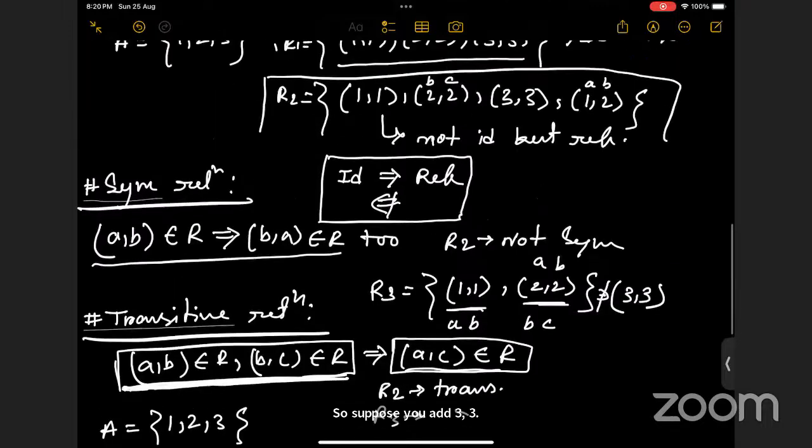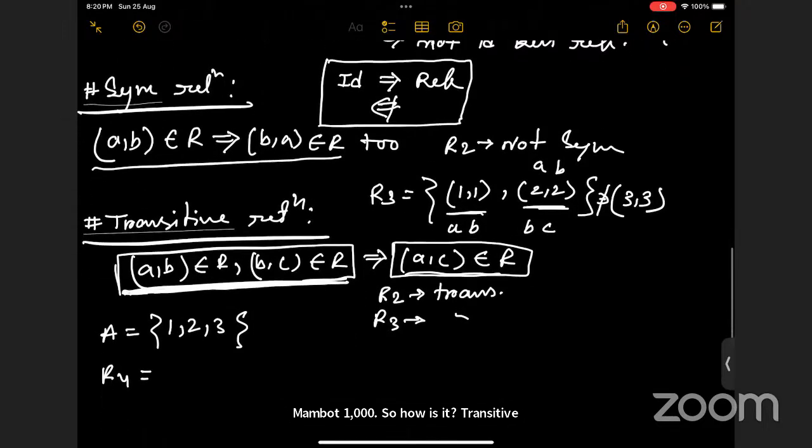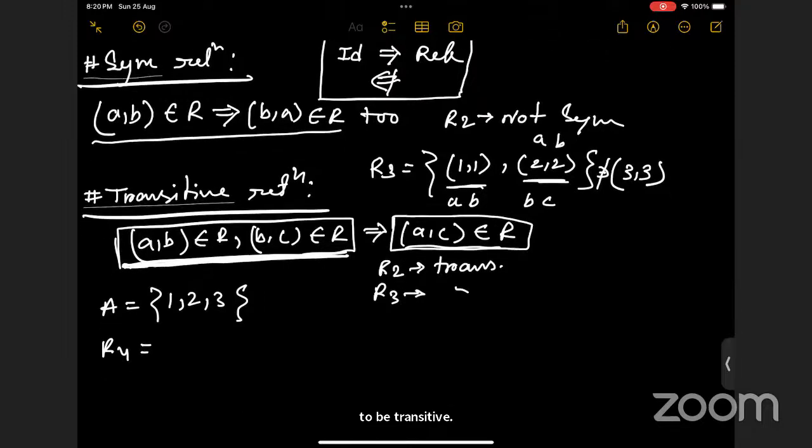Ma'am, but 1, 2 isn't present, so how is it transitive? Ma'am, if we can't check for the transitive condition, I mean the two conditions do not satisfy, then it is assumed to be transitive. Yes, ma'am, why only transitive, we do not assume for others? I mean, suppose we have